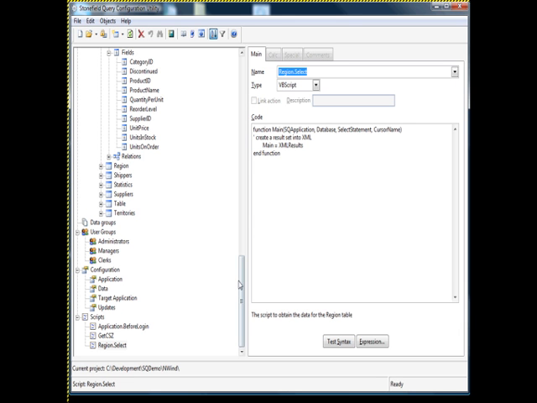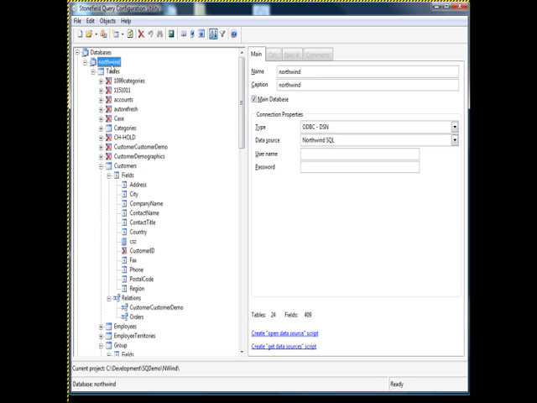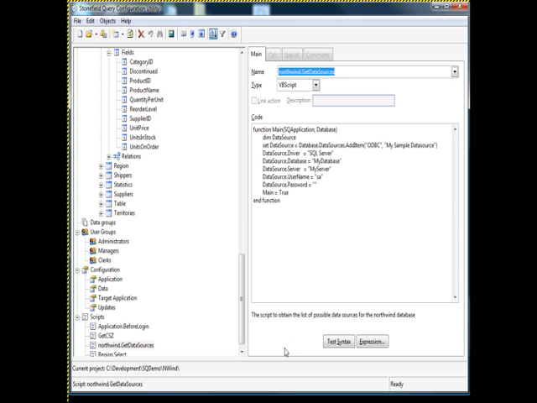We also support scripting at the database level. There are two different kinds of scripts for databases. The Open Data Source script isn't used very often. This is used if you need to customize the behavior of what happens when Stonefield Query opens a data source. Like I said, that's not used very often. What's used more frequently is the Get Data Sources script. If you click on this, it creates a script with the name database name.getDataSource, in this case,